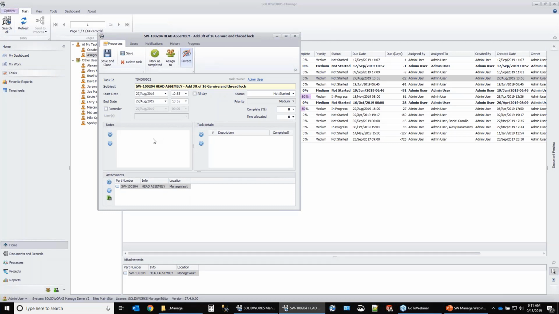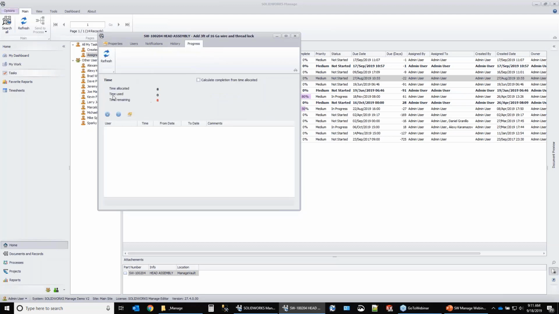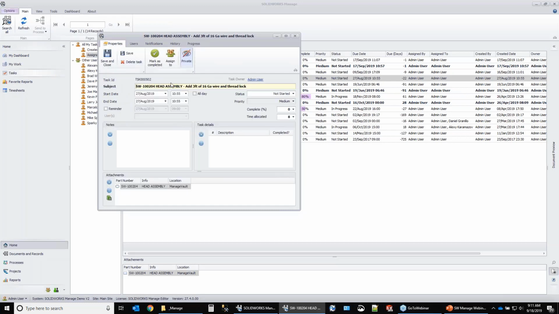So if somebody put in notes for the task or things I'm supposed to do, I can log, review that. I can actually come in here and log my time used. So if you want to actually look at hours used and you're logging and tracking things in that respect, we can add those in. In this case, I know that I have to just take this assembly and add some items to the bill